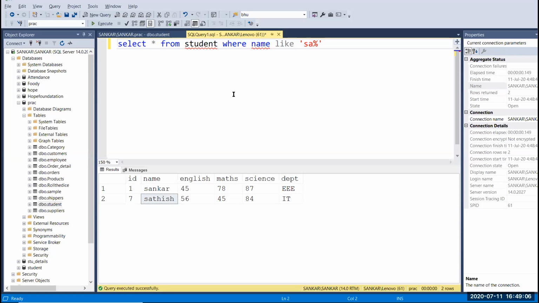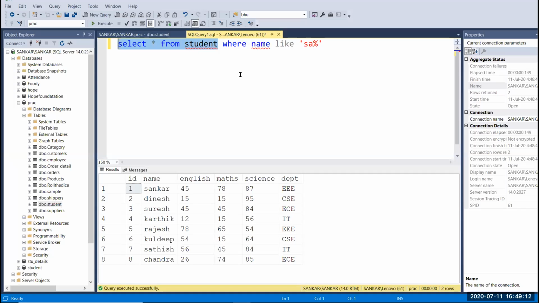Before that, run the table. Now I want to print the names using the end character. Just delete this.